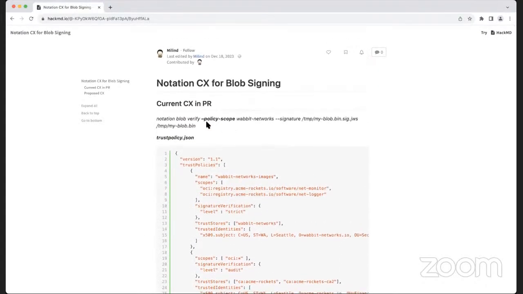And the CLI experience is policy scope. The feedback that I have there is that in the CLI documentation and how we are talking about the scope concept, personally, I feel it isn't as clear for users to understand what a policy scope is.